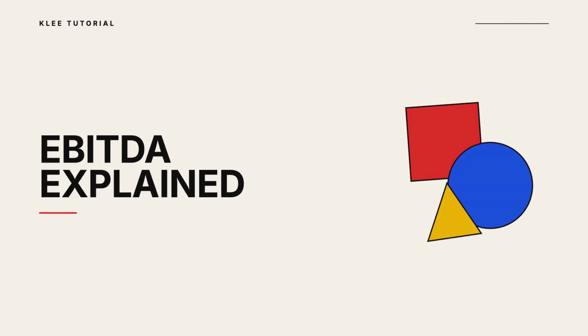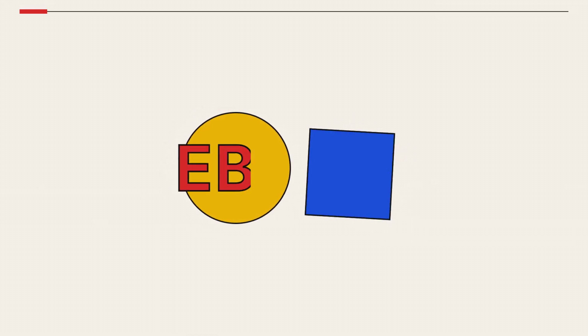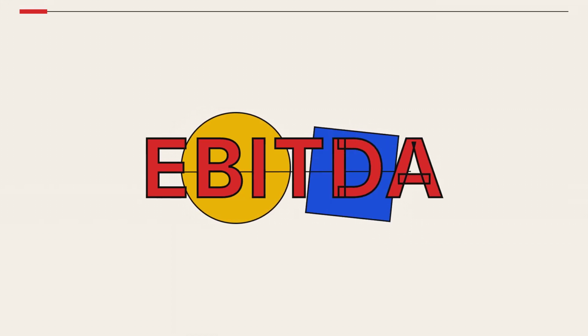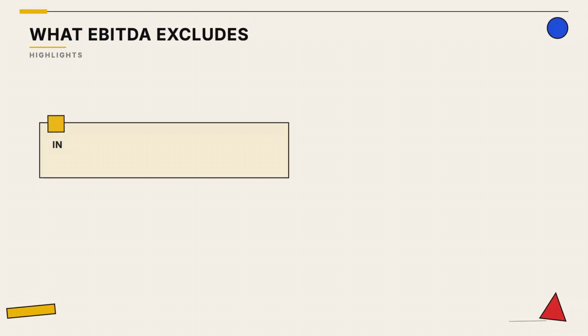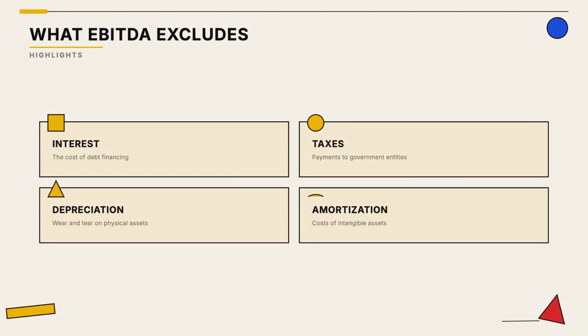EBITDA is a common metric used to look at a company's core profitability before accounting choices and financing costs get involved. The acronym stands for earnings before interest, taxes, depreciation, and amortization. Think of it as a way to compare the performance of different companies without the noise of their specific tax or debt structures. By removing these four factors, investors can focus strictly on operational efficiency and the raw cash flow